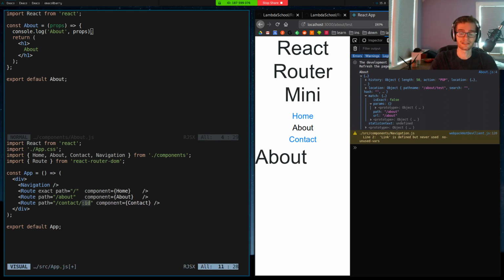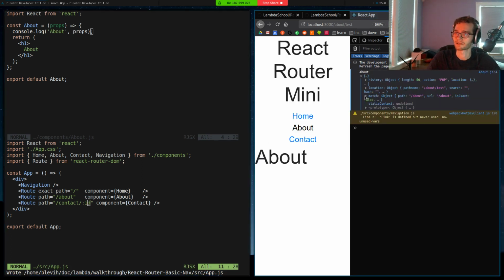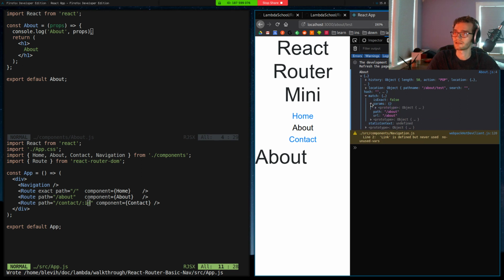We're telling the route that I want you to match this route, contact/something, and I want you to parse out what that word is for me. So basically, whatever shows up in the URL that comes after the slash, and before another slash or various characters that indicate that we're entering another part of the URL path. So now when I do this, and I check out my match object, we'll see that params